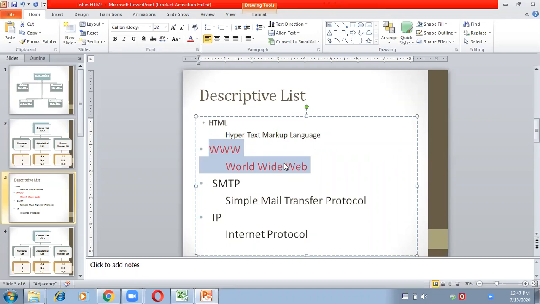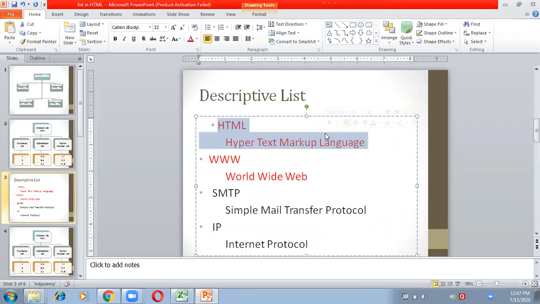I'll select the text from where I want to copy, then go to the format painter button and apply it wherever I want the same formatting style. It means you need not check which font it was, which size it was, or which color it was. You can just simply copy from wherever you want to copy.